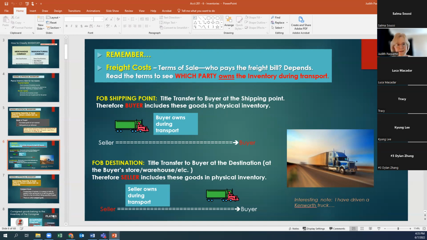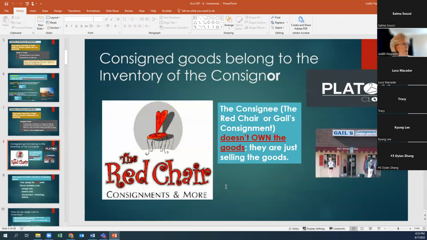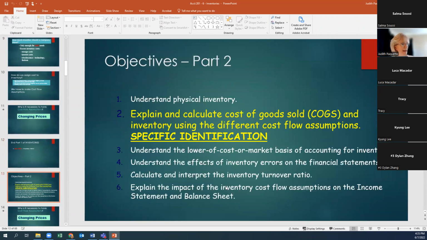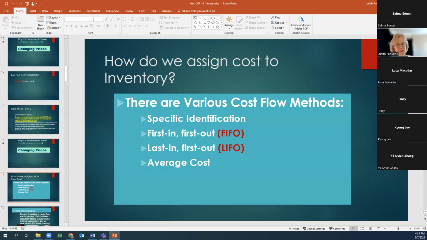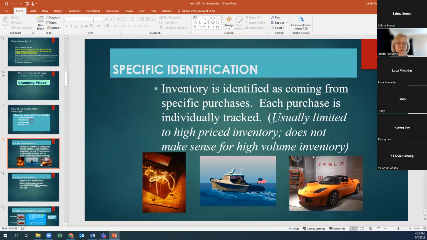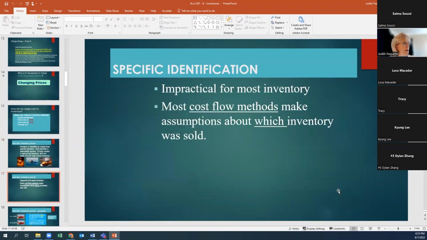So why is that relevant? FOB shipping point, the buyer pays the freight bill. FOB destination, the seller pays the freight bill. Okay, and then knowing that, what is consigned goods, et cetera, and inventory management. And then the rest is all about specific identification and first in, first out. And so the specific identification would be for high-end products, a yacht, jewelry, fancy car, and